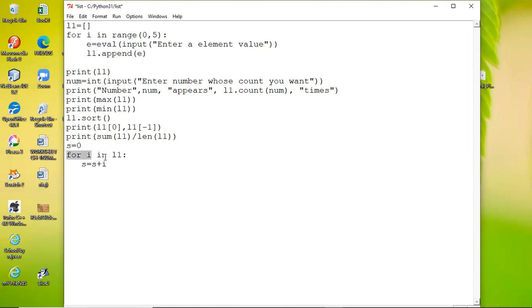You know this technique, right, children? When I say I in L1, I is what? Each element. S is what? A place where I am going to add everything and keep. So whatever is already in S, add to that the next value of